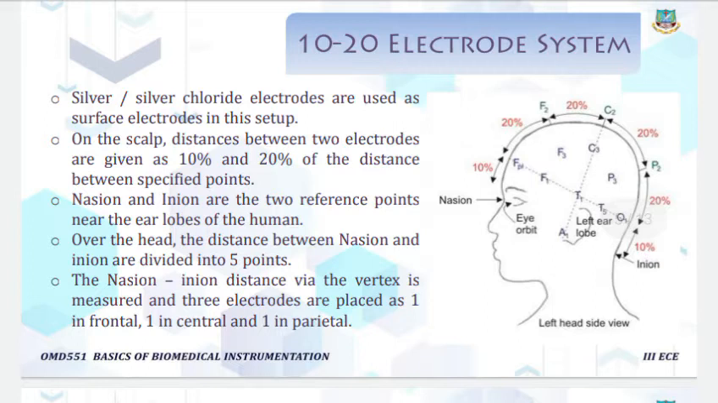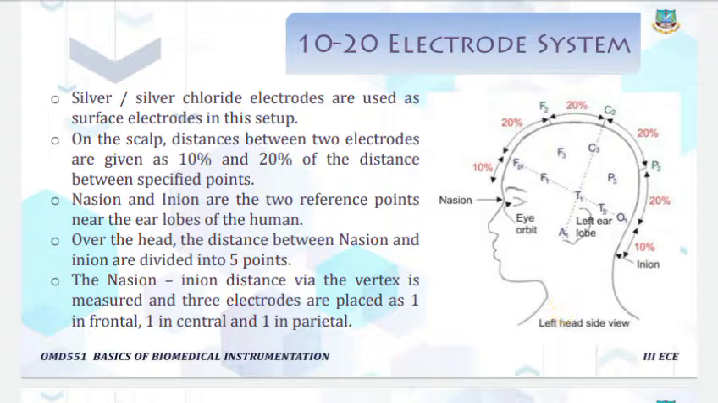Next, we are going to see in detail about the 10-20 electrode system. What is the 10-20 electrode system? Normally, what is the purpose of these electrodes? These electrodes are mainly used for the measurement of various signals that are coming from the brain. So this 10-20 electrode system is also used to measure this